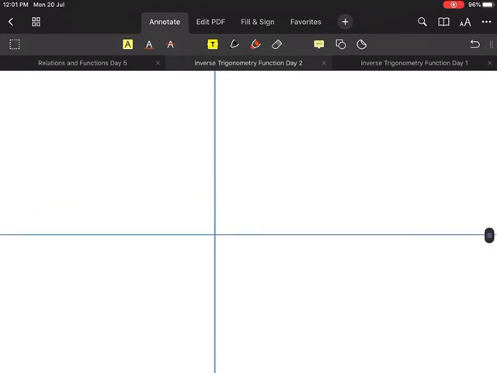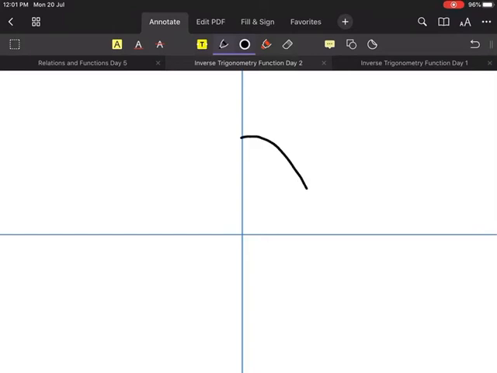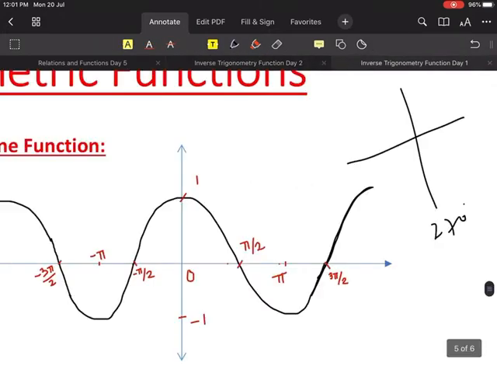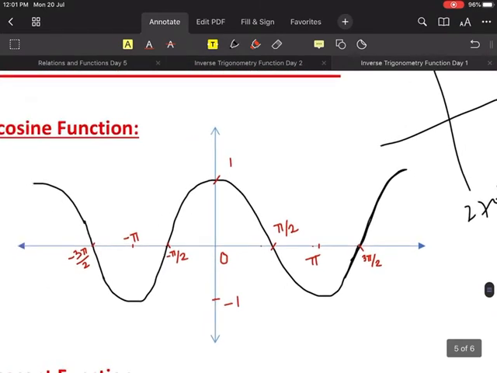Okay. Now, if somebody asks you to draw a cos function, what will you do? To draw a cos function, you will start from this point, from here, and you draw like this, and you continue with that. Am I clear? Now look at here. What is the maximum value of cos function? The maximum value of cos function is 1. What is the minimum value of cos function? That is -1. Okay? Am I clear?